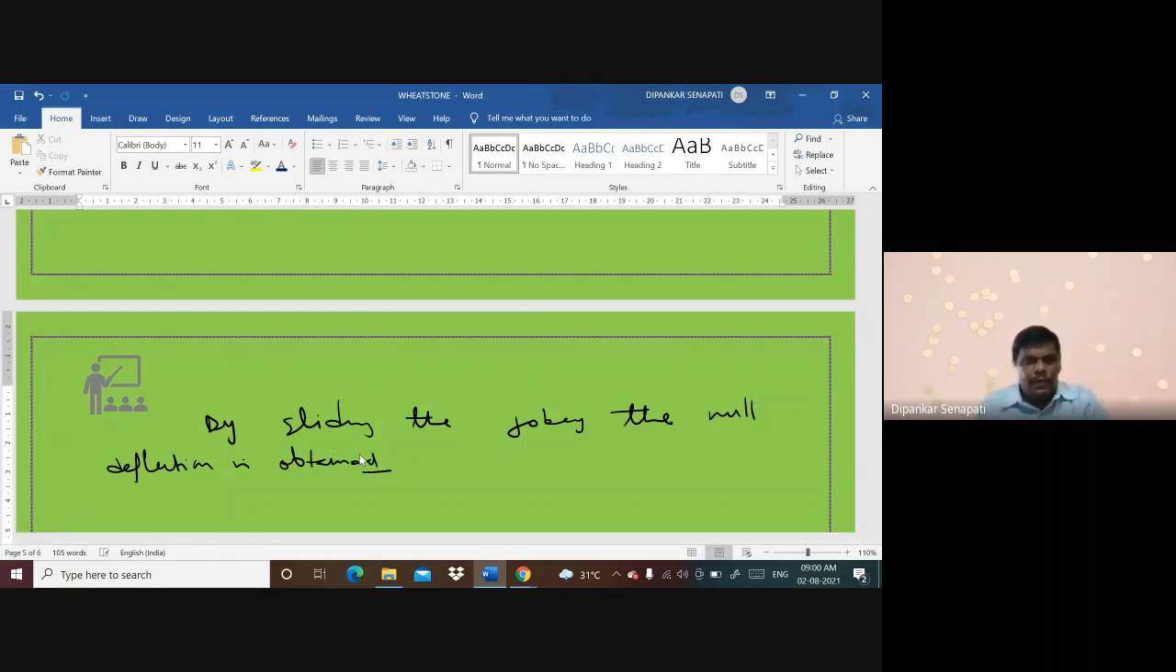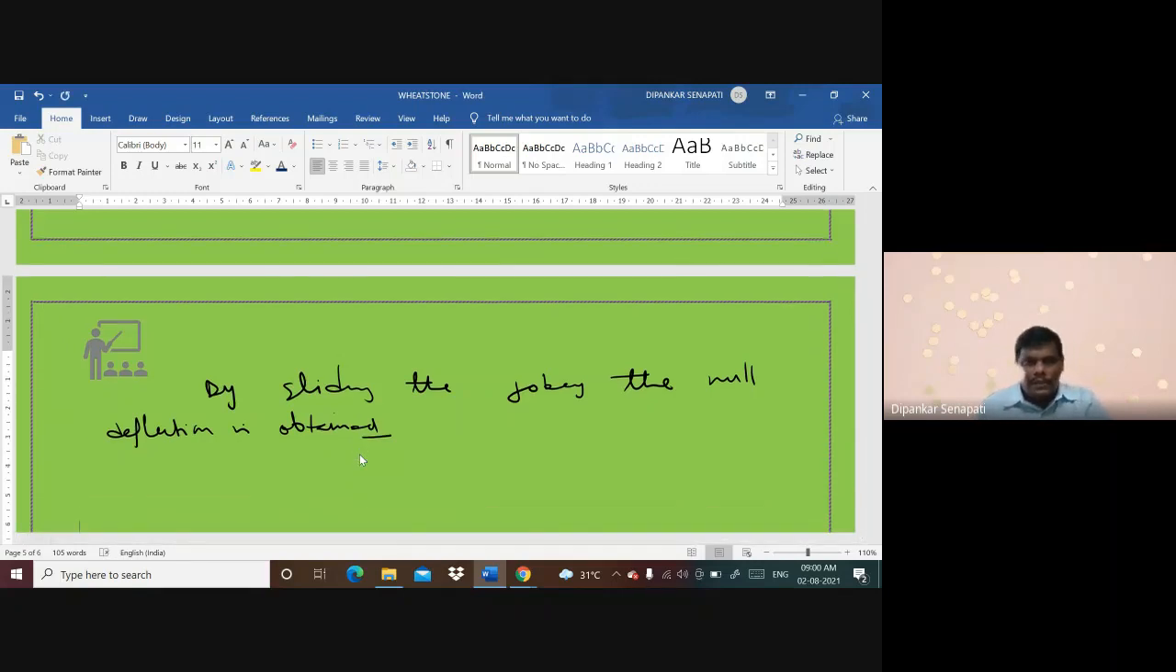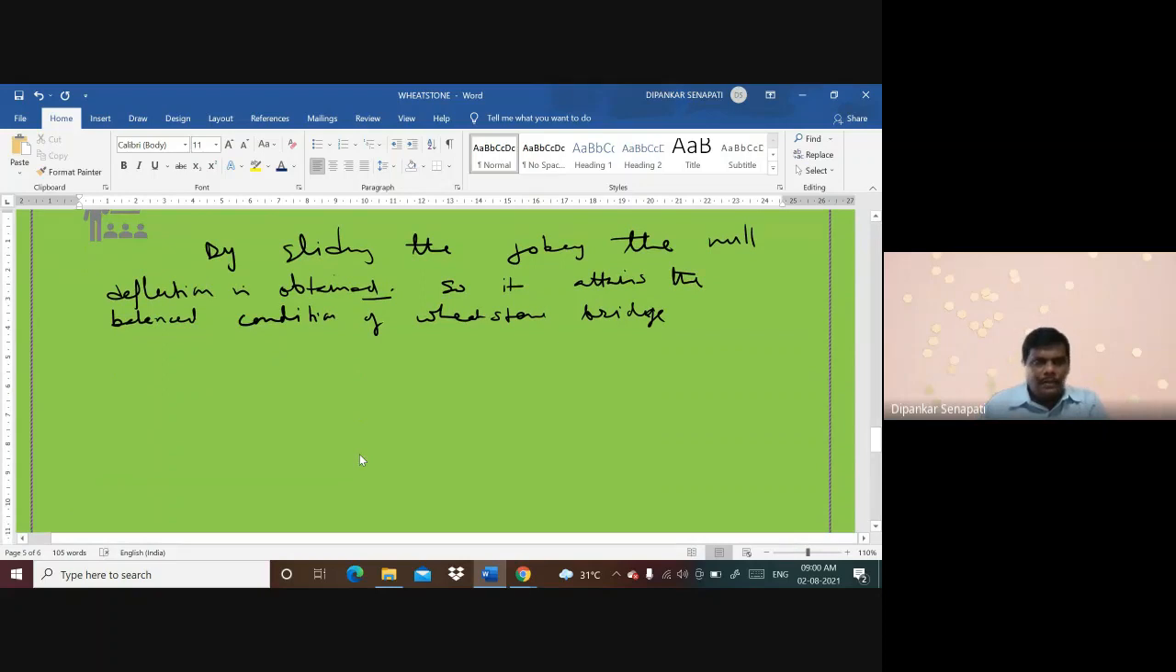Null deflection is obtained, and it attains the balanced condition of Wheatstone Bridge. Therefore, what we can write easily is that